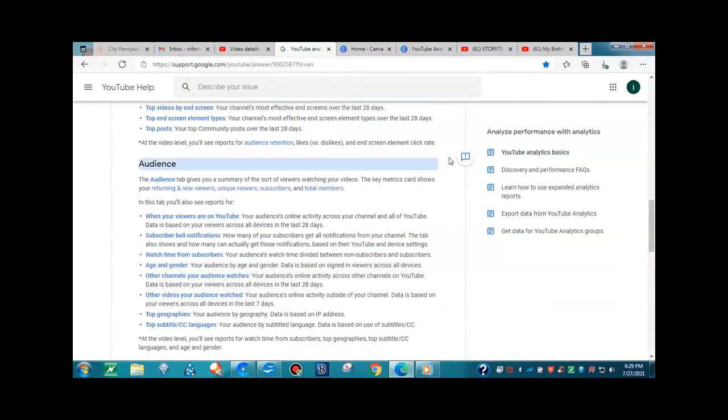The audience tab gives you a summary of the sort of viewers watching your videos. The key metrics card shows your returning and new viewers, unique viewers, subscribers, and total members. In this tab, you'll also see reports for when your viewers are on YouTube, subscriber bell notifications, watch time from subscribers,